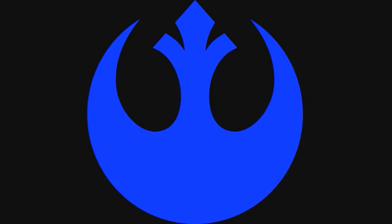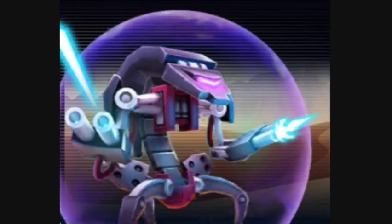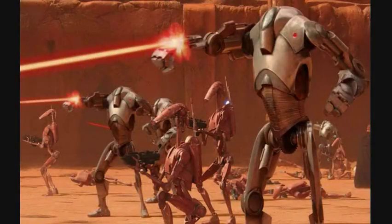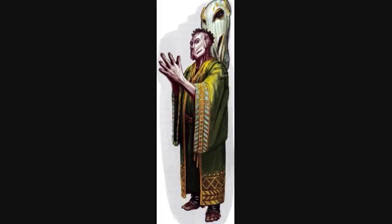Around this time, both the Empire and the Rebels used Droideka Sentinels, which were modified Droidekas. They both also used the Droideka Oppressor, which was developed so late in the Clone Wars that it never saw action. Also, a few of the droid units would be recovered and reprogrammed by various beings, such as the Vegari,